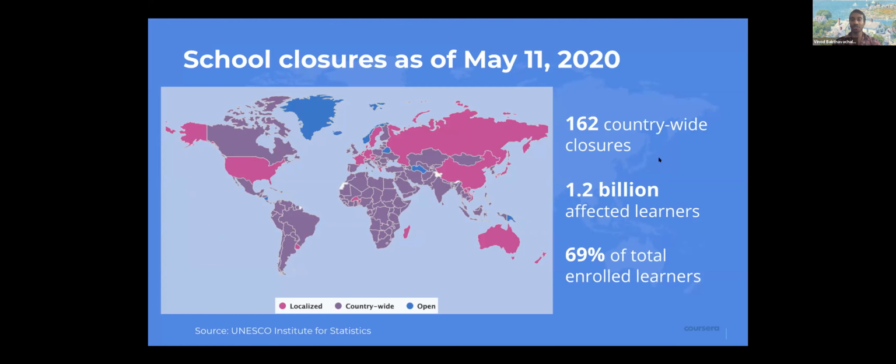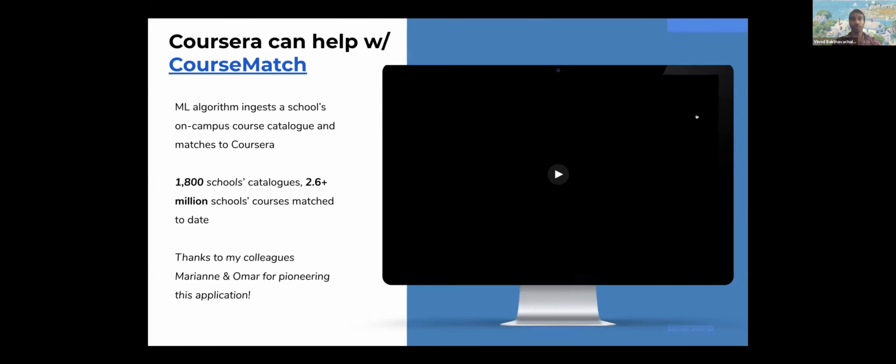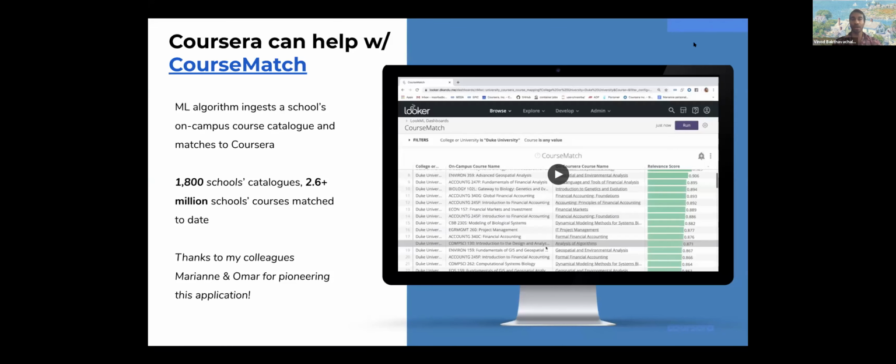So it's just a huge disruption to the world of education, and people are scrambling to figure out how to teach online, how to migrate existing content online, how to support students in doing their assignments and doing their homework and attending lectures. And a lot of these universities don't actually have the online infrastructure built out to fully support their students. And so they're looking for kind of assistance and supplements they can leverage that have already been built out. And at Coursera, one of the things we created to try to help with this is what we're calling